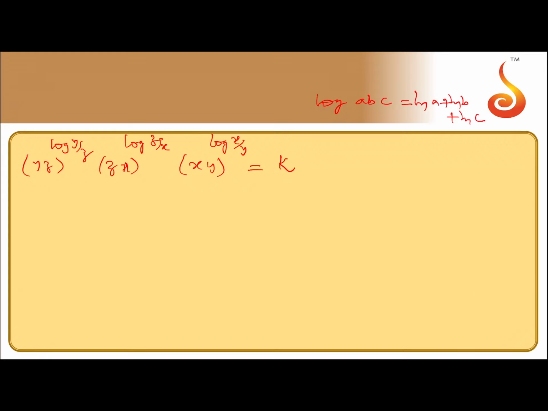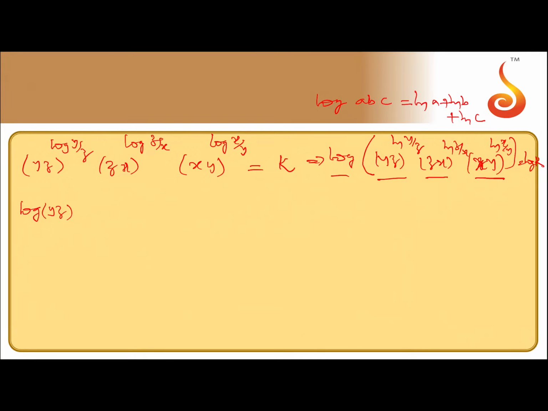By using that, if you take logarithms on both sides, the logarithm of (yz) to the power of log(y/z) and (zx) to the power of log(z/x) and (xy) to the power of log(x/y) is equal to log k. Simplifying that, log abc can be written as log a plus log b plus log c. Therefore, log of (yz) to the power of log(y/z), plus log of (zx) to the power of log(z/x), plus the logarithm of (xy) to the power of log(x/y)